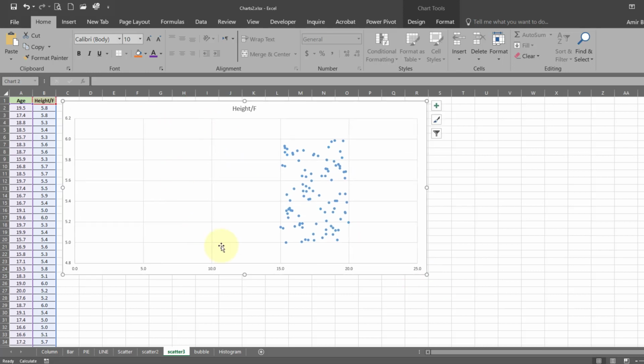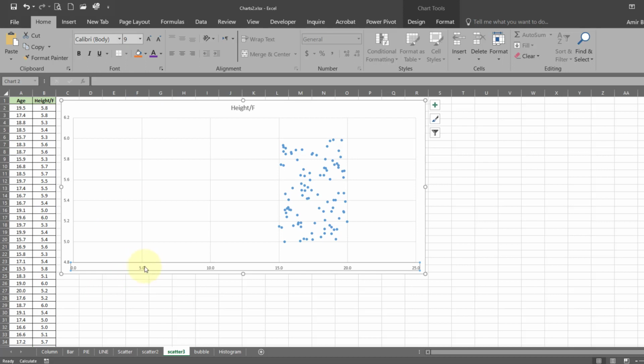Now you can see that the chart shows you values just in this area. Now this is not what we want. We want these points to be scattered all over the chart. So how can we do that? To do this, we have to change the scale here, which goes from 0 to 25. While you can see here that the data is between 15 and 20 or less than 15 most probably. So we need to have this scale from 15 to, let's say, 20 or 22 or something like that. So how can we do that?